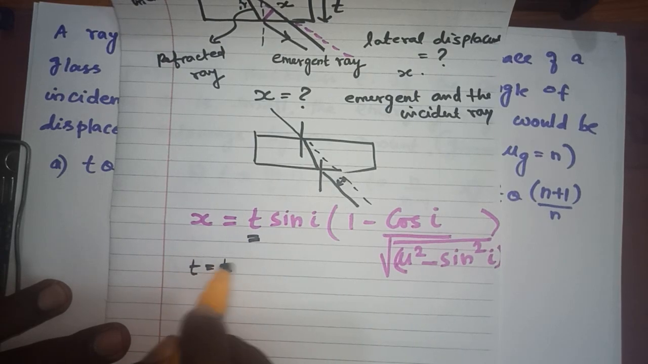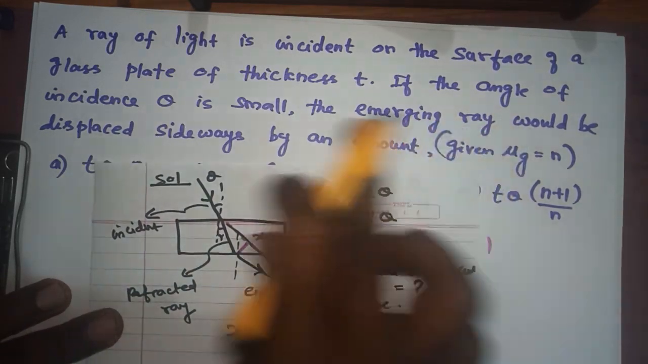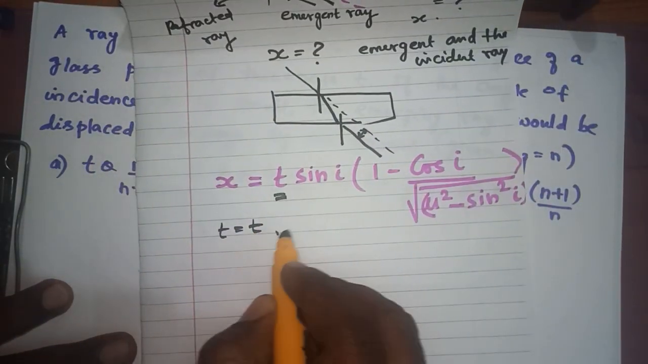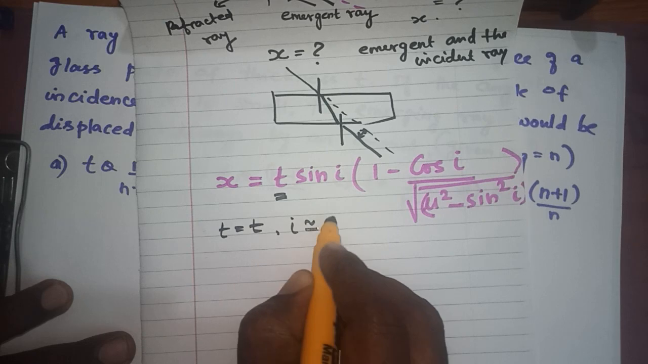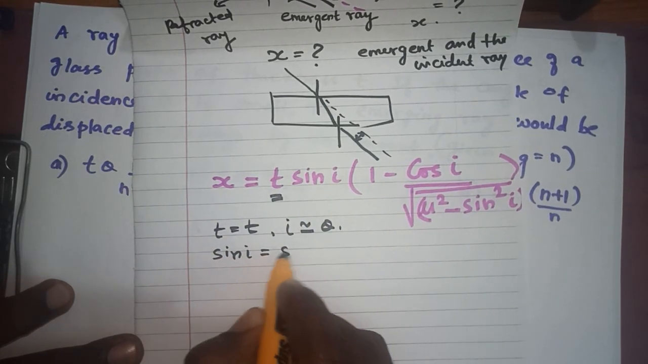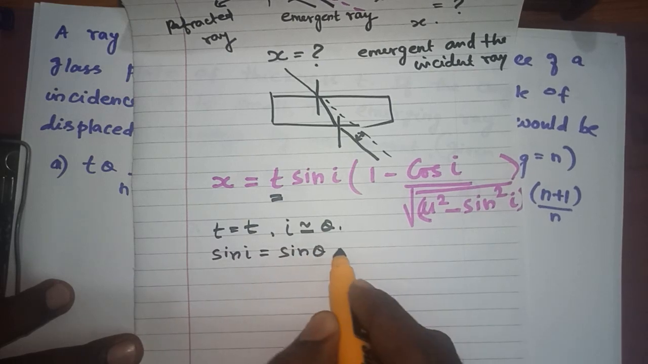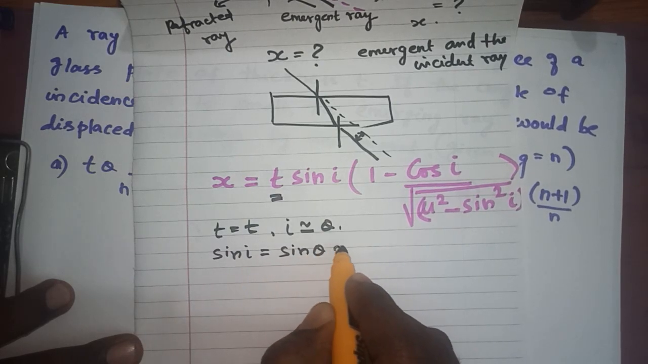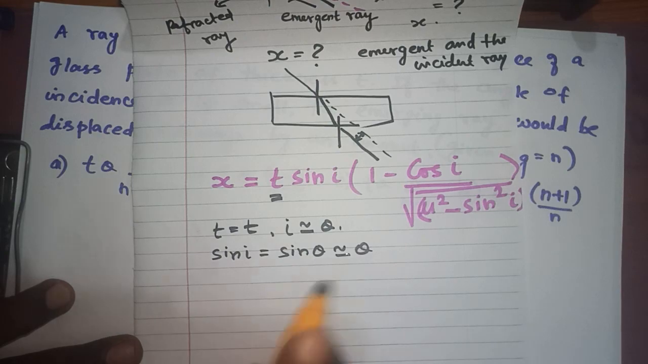T is equal to the thickness t, and the other thing, if the angle of incidence theta is small, which means the angle of incidence i is approximately equal to theta. So what I can write, sine i is equal to sine theta, which is again equal to theta, right? Okay,